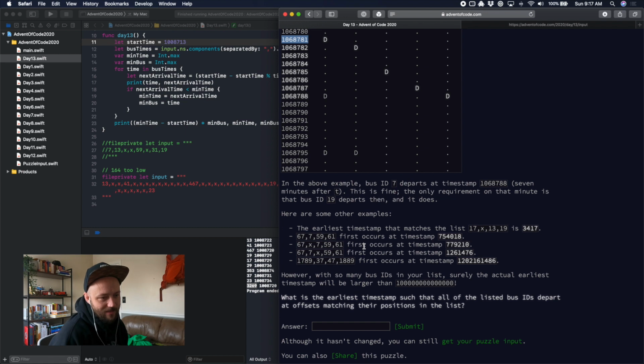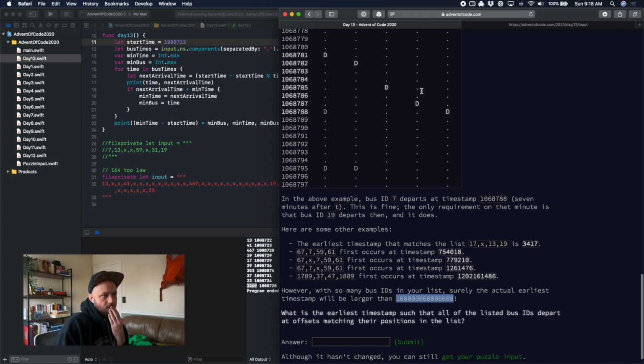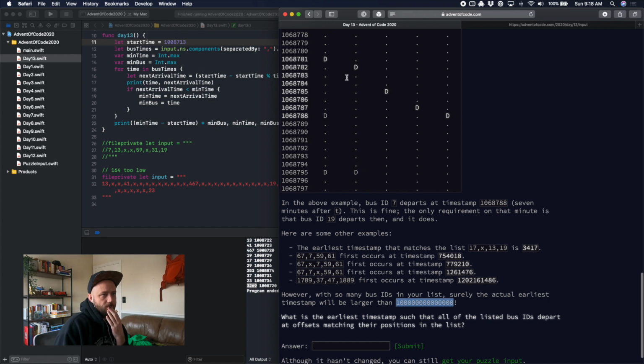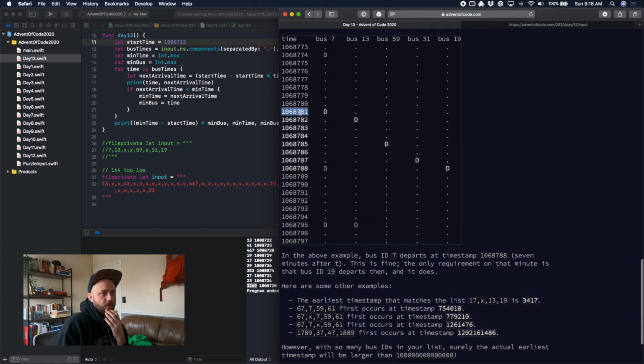However, with so many bus IDs in your list, surely the actual earliest timestamp will be larger than a bajillion. What is the earliest? So we learned from our last time that you can't just brute force something like this. There is a pattern of some kind. So the question is, how do we calculate the moment at which... Like, how do we generate this is the question. So what we're trying to generate is based on